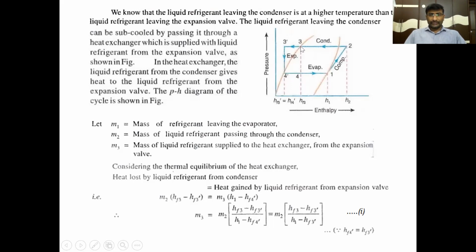Without the heat exchanger, the refrigerant which is expanded from 3 reaches the final point 4 after expansion. From 4 itself, it absorbs heat in the evaporator. This much refrigeration effect will be produced from 4 to 1, that is H1 minus H4 only. But after introducing the heat exchanger,